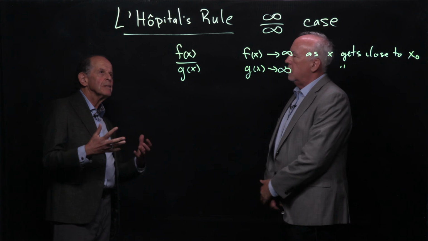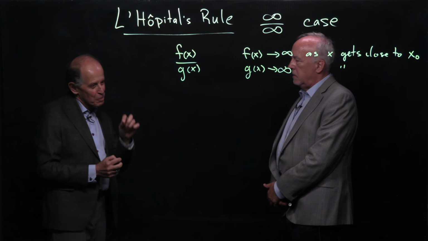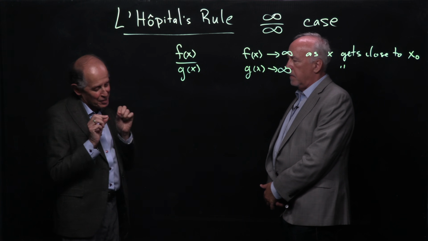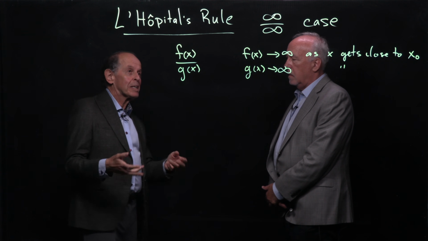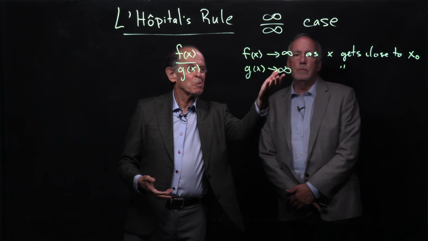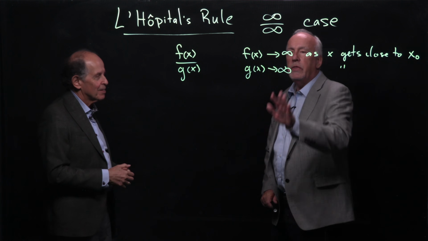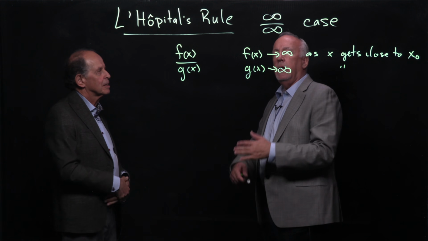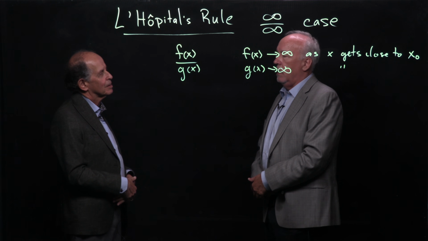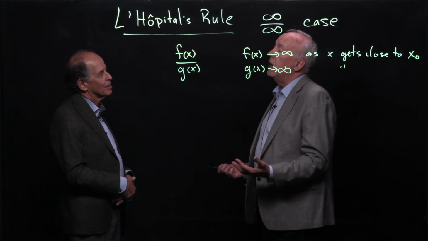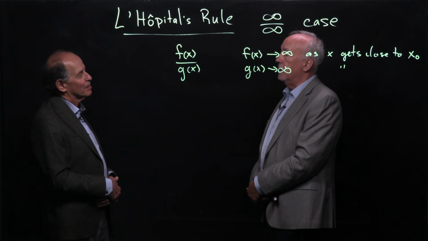Okay, so the real issue here is when we did 0, that was a specific case, a specific number. It's a counting number. This is not a counting number. So what is it? Well, you're right. It's not a counting number, but what this is expressing is this idea that f and g are growing without bounds. So eventually, they get bigger than any big number I want. So let's start with a big number. So what's a big number?